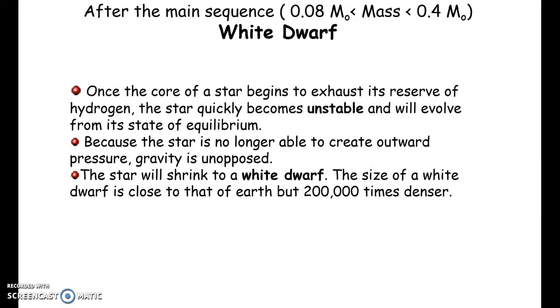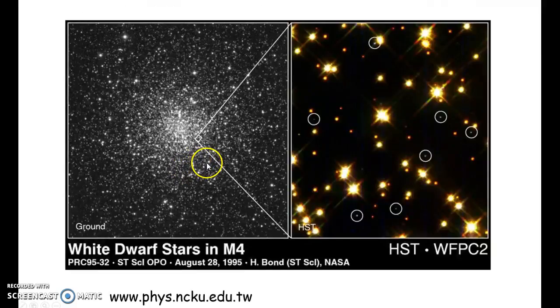It's extremely dense, but basically it's no longer fusing. It's really bright because it's really hot. It's really hot, but it is dead at this point. So this is really the death of a star. And so